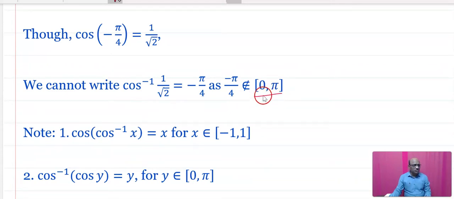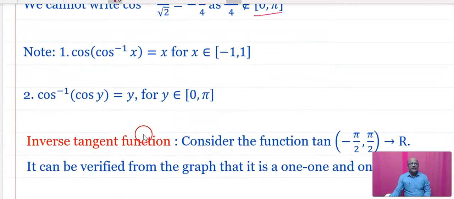It is from 0 to pi. Again, note that cos of cos inverse of x is equal to x for x belonging to the closed interval minus 1 to plus 1, and